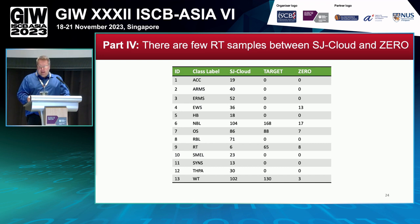If we look at our input data, we see for our rhabdoid tumors, we only had 6 samples from our St. Jude Cloud test cohort, and we had 8 samples from our 0 test cohort. These are not a lot of samples to build a classifier, so we combined our St. Jude Cloud with the 0 to see if we could predict our target samples. In doing that,